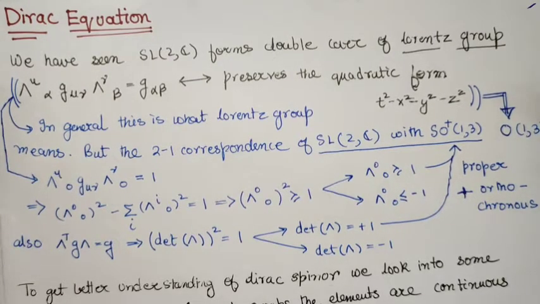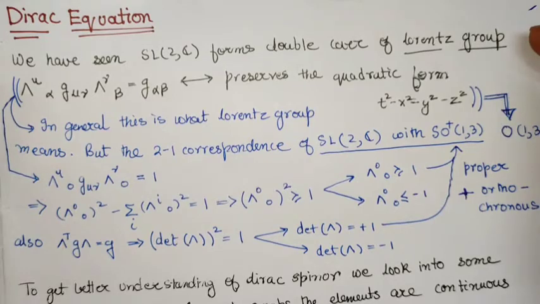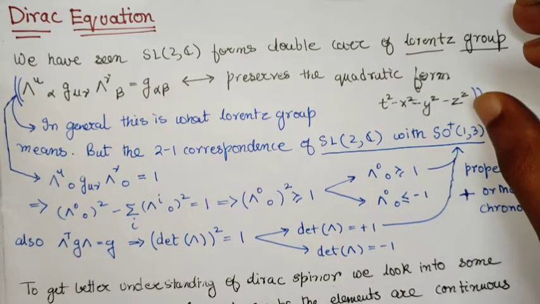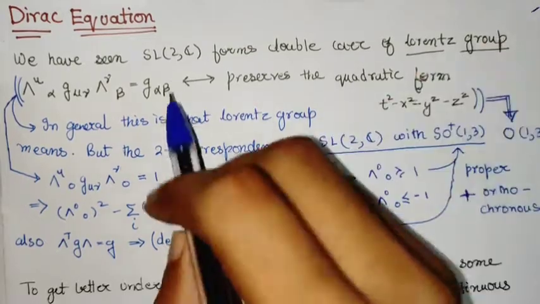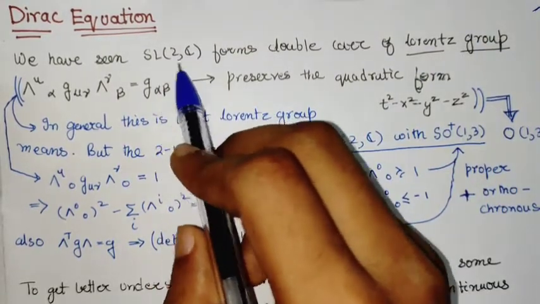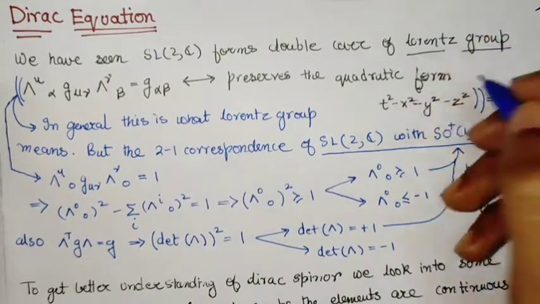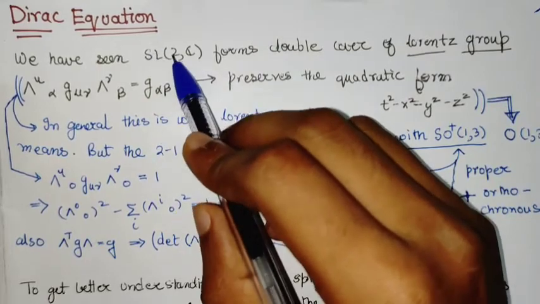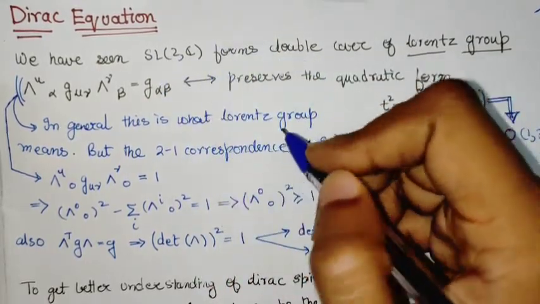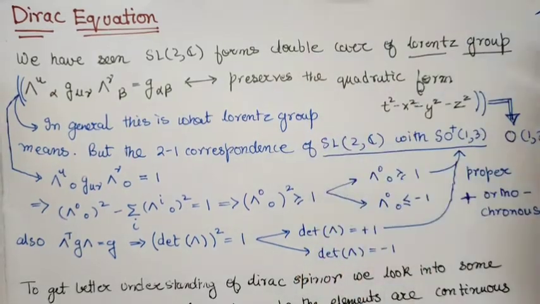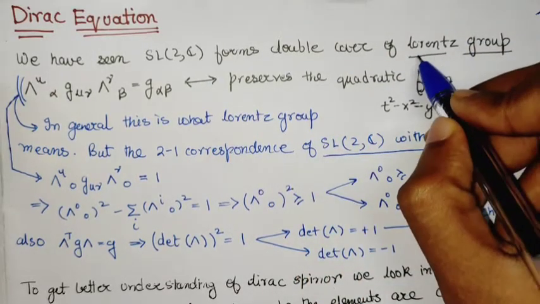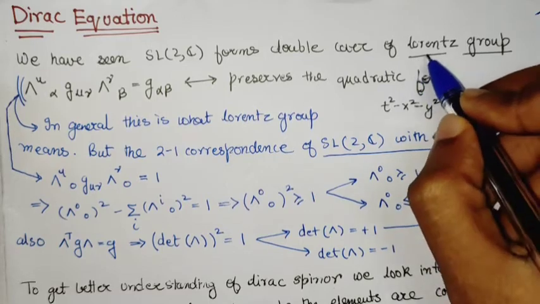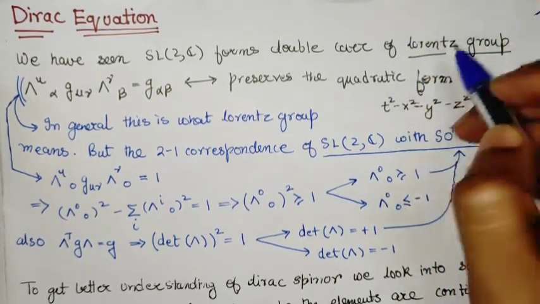Welcome to this video. In this video we will be discussing some notations and the Lie groups and Lie algebra properties. So we have been discussing this SL2C group and how it is related to the Lorentz group. But we saw that there were two elements of SL2C which mapped to a single element of the Lorentz group. But while discussing the Lorentz group, we didn't completely specify that this Lorentz group is actually a part